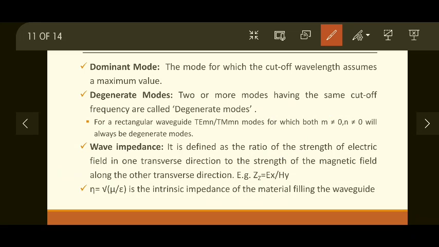Now cutoff wave number, we have seen this term. So what is cutoff wave number? Wave number is the number of waves that constitutes 1 unit length of wavelength. Okay, the distance traveled to constitute 1 unit length of wavelength is called the wave number. It is generally denoted by Kc. So that is cutoff wave number or wave number. For cutoff frequency it is known as cutoff wave number.